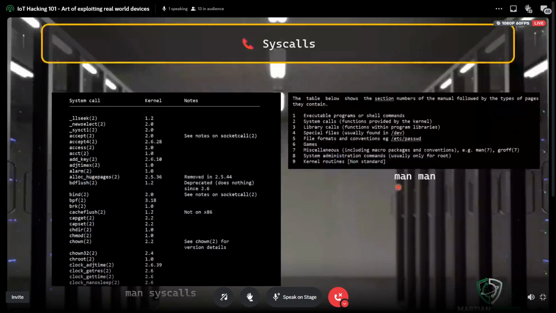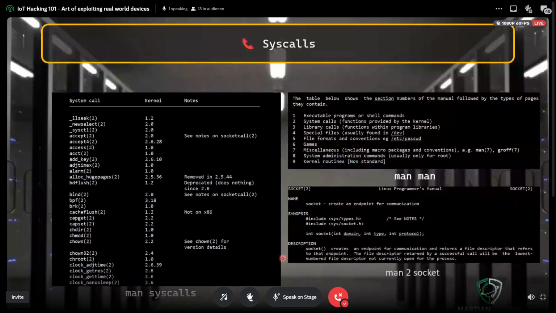If you don't know how to use man in Linux, you run man man, and it tells you what sections of the manual are available. You can use that by typing the manual number: man 2, where 2 means syscalls. If you do man 2 socket, it's going to give you the manual about the syscall.